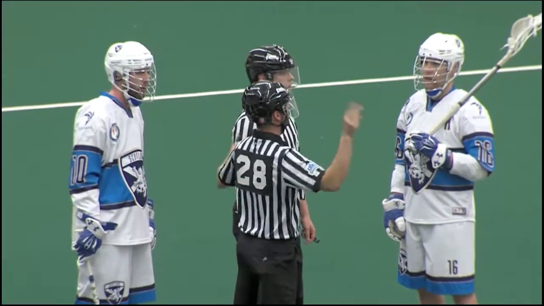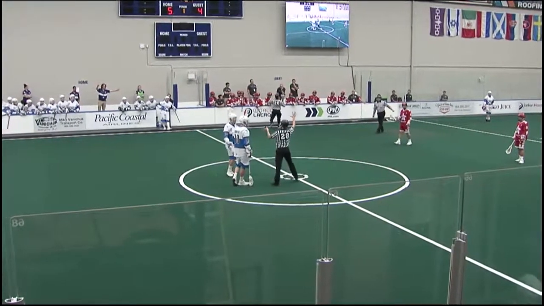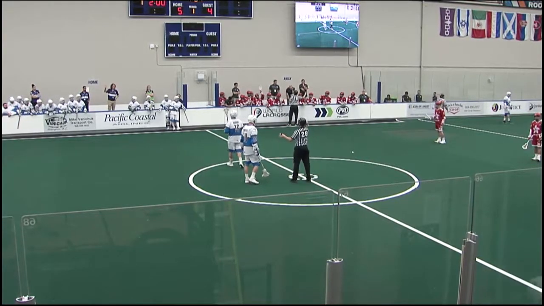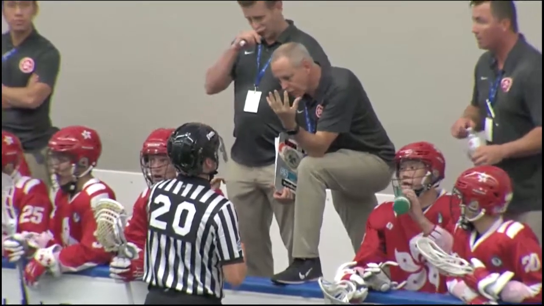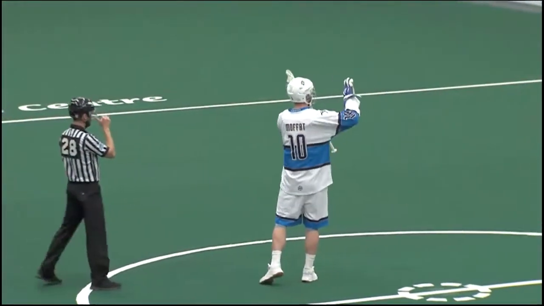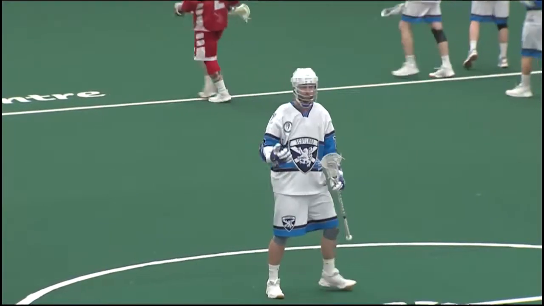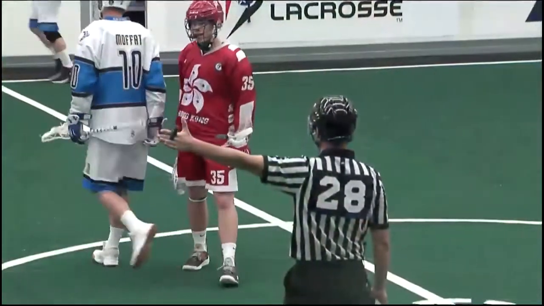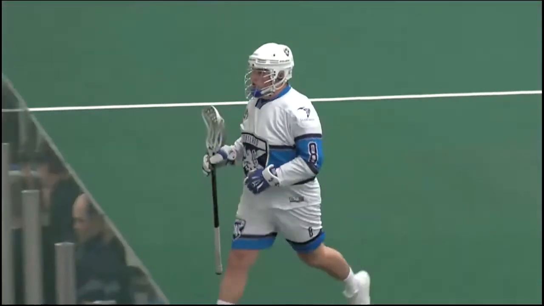Scotland scored 3 goals in just under 6 minutes to start this quarter. Hong Kong got within one. Scotland then took a 5-2 lead before back-to-back goals by Team Hong Kong, and it's a 1-goal game, 5-4. Now the officials are over to Team Hong Kong for a brief explanation, and players are being called to the bench as it is possession Hong Kong here. So defense to the bench, offense onto the floor.